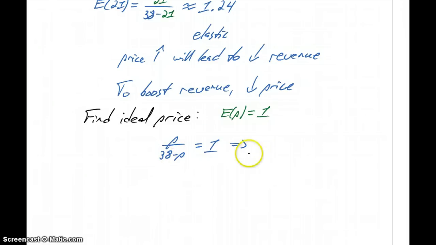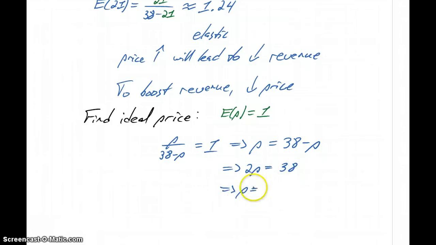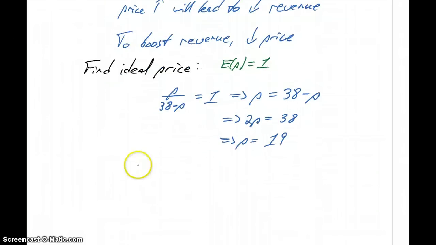Multiplying both sides by 38 minus P gives us P equals 38 minus P. Adding P to both sides, we get 2P equals 38, or our price equals 19. So our optimal price point is $19